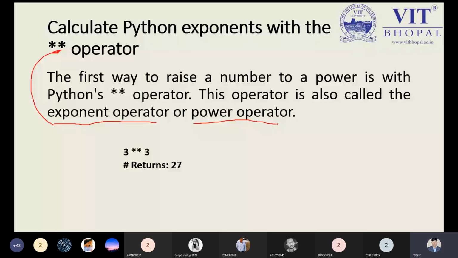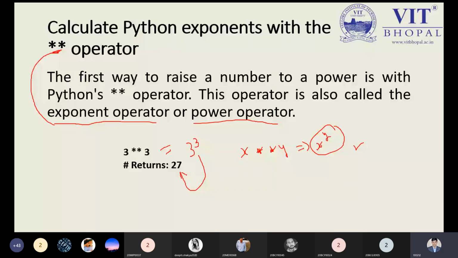In Python it is used if you want to make the power of a number, like x to the power y, which will be equal to x to the power y. This is a simple question we can solve in the examination. There are so many methods available in Python programming by which you can sort out the problem. So 3 to the power 3, of course, we will get our answer 27.